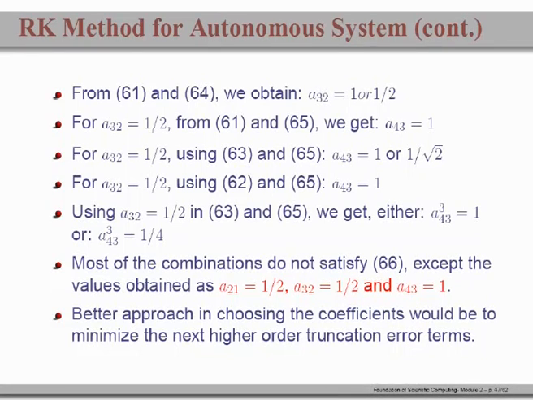Instead, if we choose A43 equal to 1, they seem to satisfy 61, 62, 63 and 65, and 64 is already satisfied. So, all it is needed for you to see if that equation 66 is satisfied. Most of the combinations that we get do not satisfy the last equation except this condition, A21 is half, A32